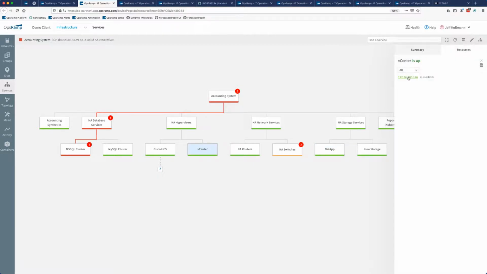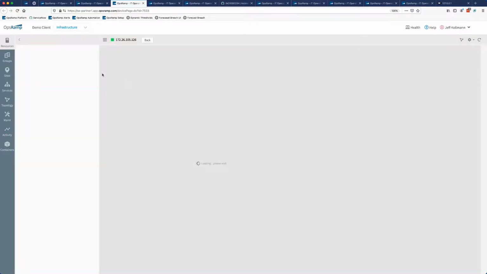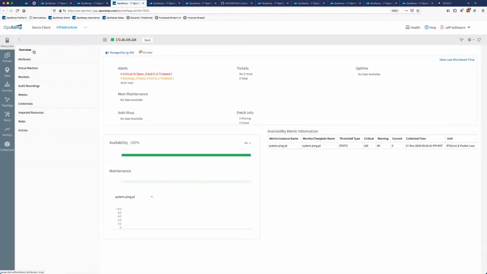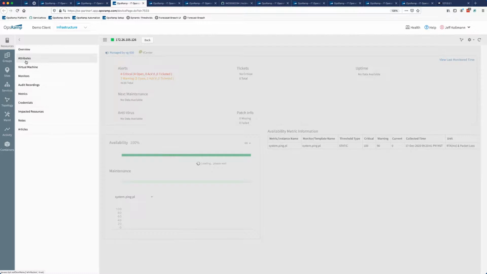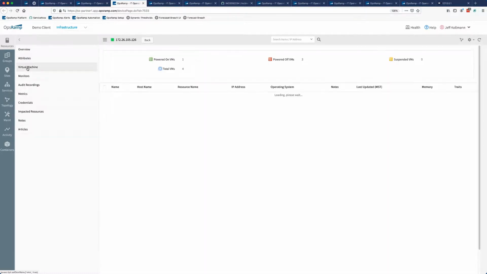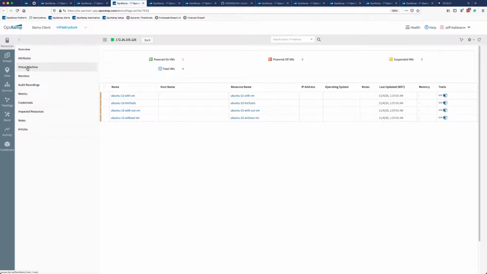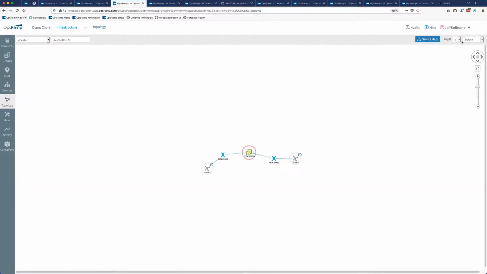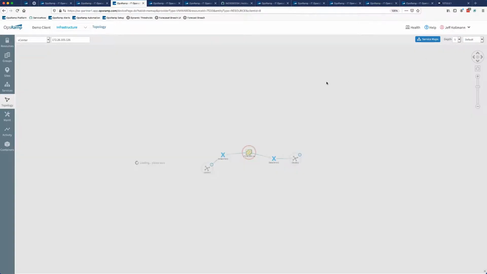And if I drill into this vCenter, again, the same look and feel. I've got attributes. I can see the VMs depending upon my rights. I can start, stop, restart, remote, run scripts, do lots of things with these VMs. But the one thing I want to show you up here in the top corner as well is that I've got a little triangle icon, and if I drill into that, that's going to take me to a topology map on this vCenter. And if we go a little bit deeper here,